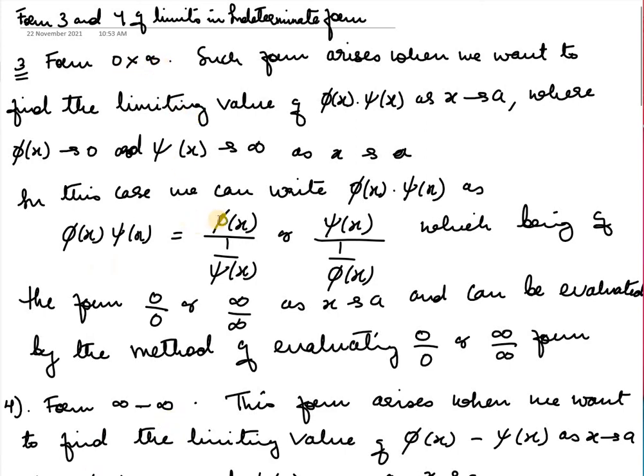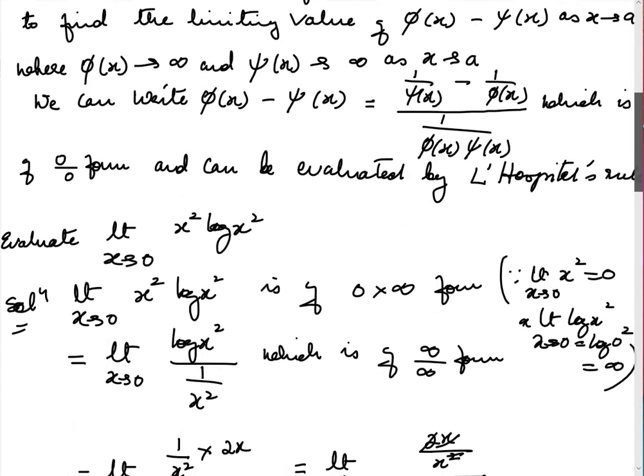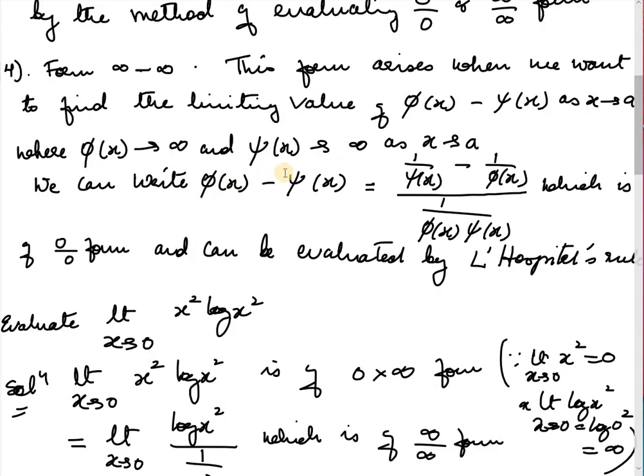For type 3, you have to reduce it either to 0 by 0 form or infinity by infinity form by expressing it in this form. And then for type 4, you have to reduce it to 0 by 0 form, that is by expressing this phi x minus chi x as 1 upon chi x minus 1 upon phi x divided by 1 upon phi x into chi